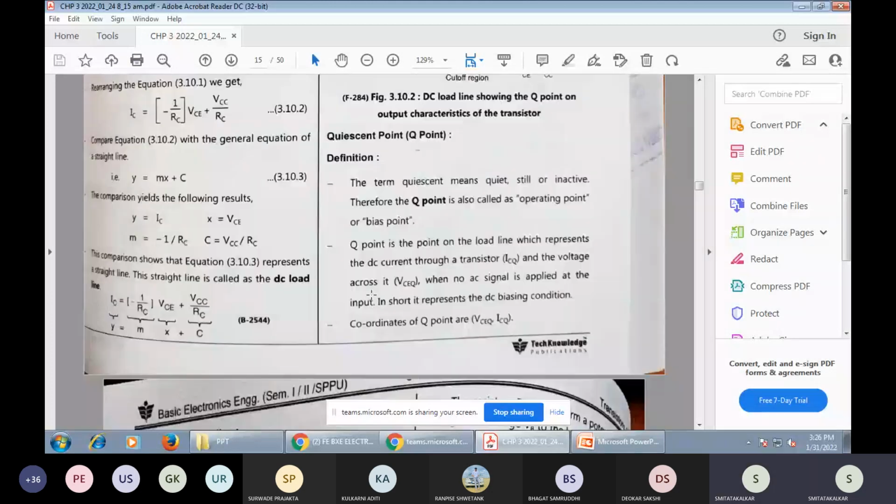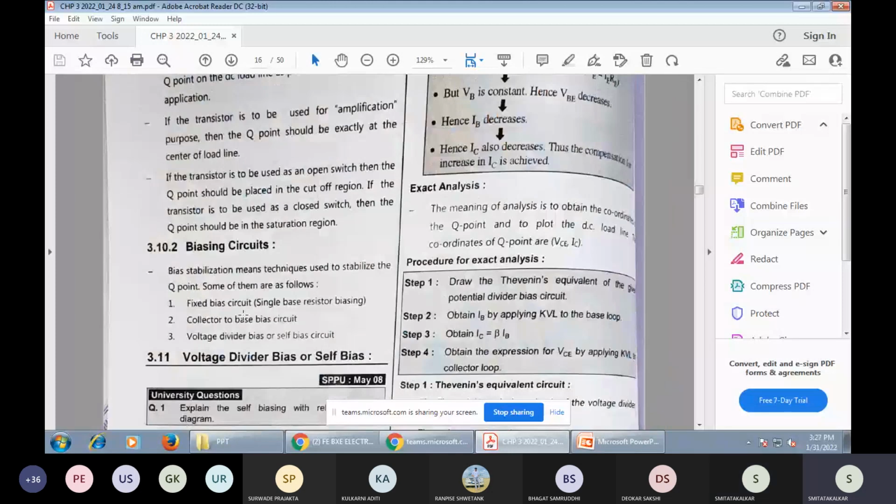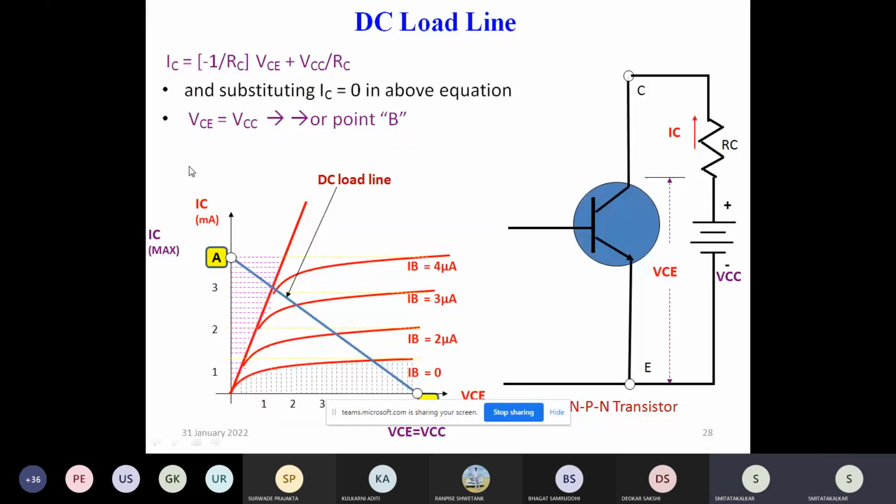Okay, and it's a biasing circuit, like the biasing circuit you can see here. Open circuit means open base, and here the supply voltage. The input side of this circuit is open, and on the output side we can see the output voltage VCE